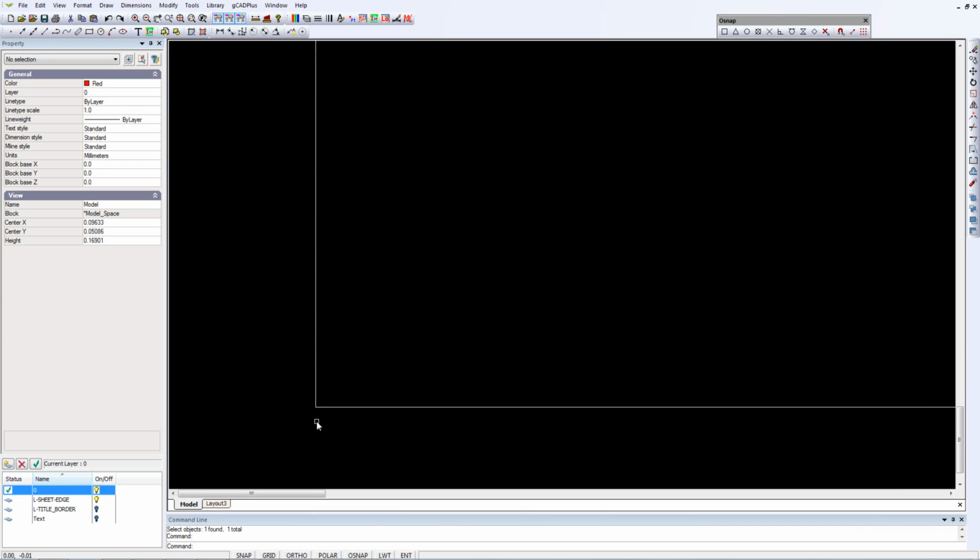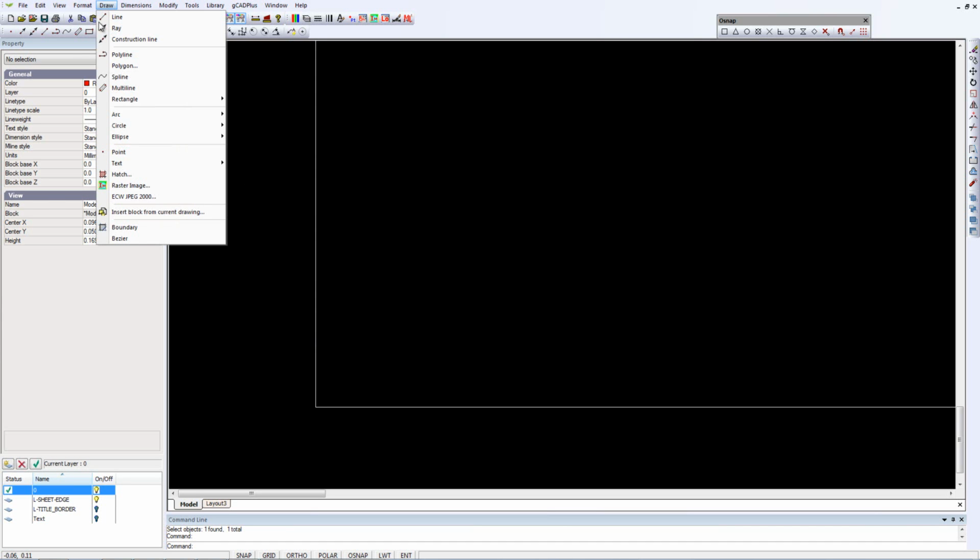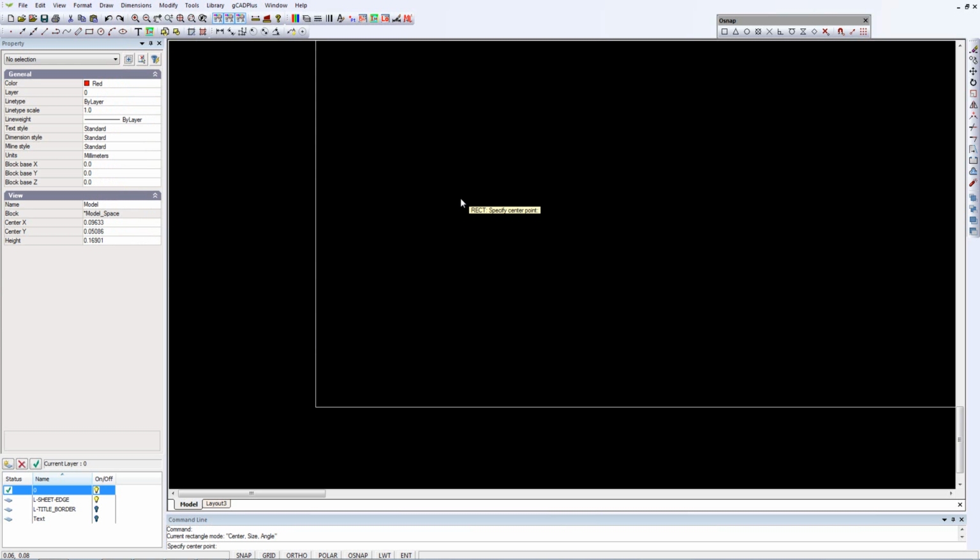I want to put a rectangle there of appropriate size, and for that I want to use one of the options in the rectangle command that you may not be familiar with. It's the center, size and angle. So for a center point, we want it centered here, and for the size it will be a square. We can use relative coordinates, so we could say 0.01, 0.01, and then a comma,